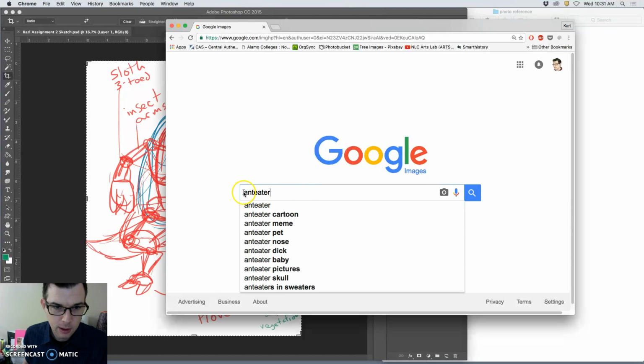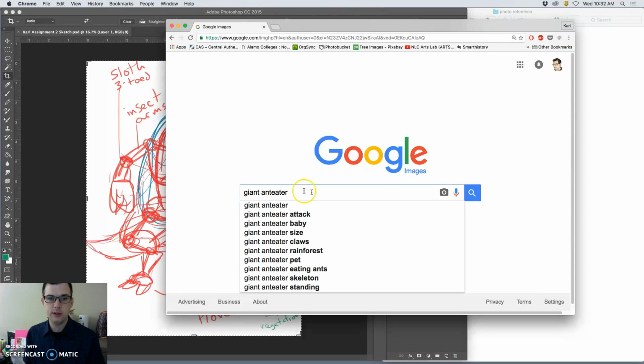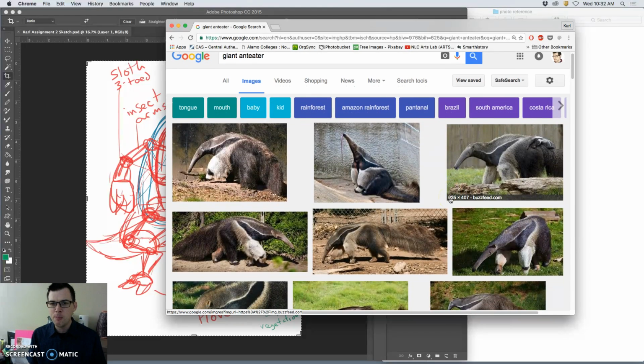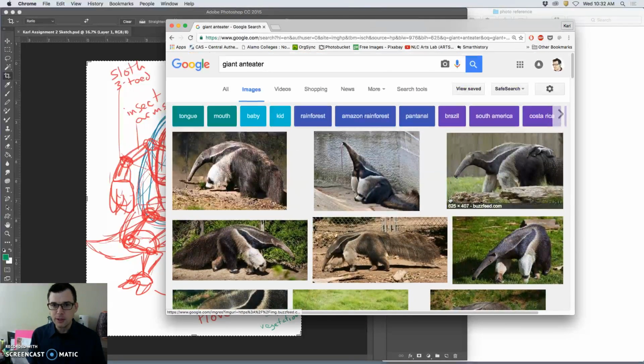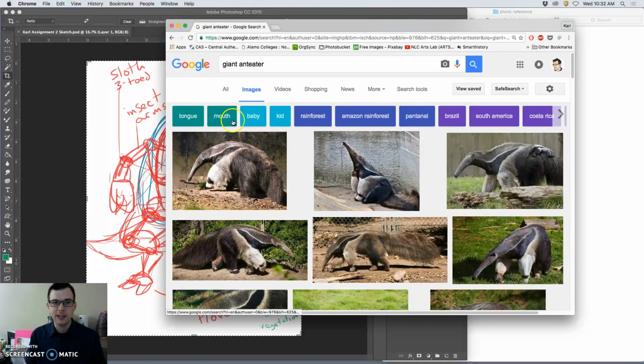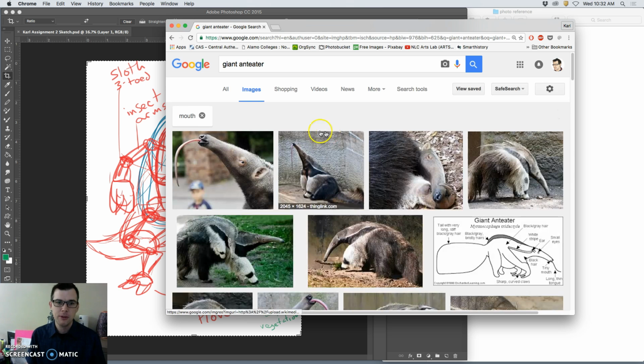So let's first look at an anteater. I like going to zoos. The San Antonio Zoo, they have a giant anteater that's really hard to spot. But I did have a personal experience with it once. It was very cool. So they're very memorable animals. Now look, there's tons, right? And there's tons of subcategories. Like I could just look at its mouth. But the problem is I need to make sure